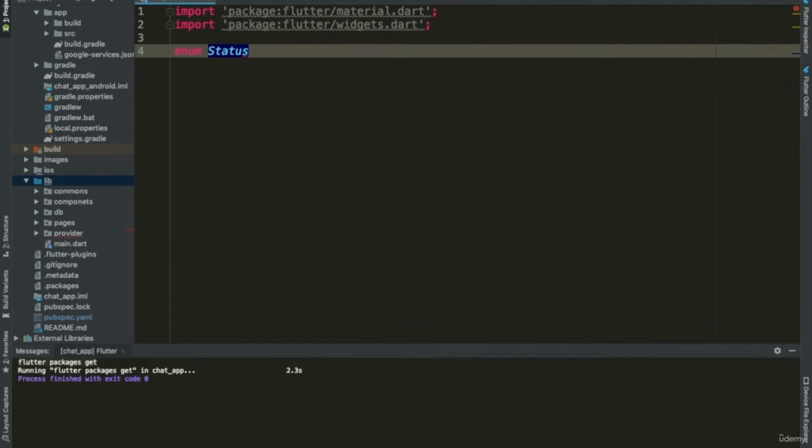Status. Okay, perfect. We are going to create different status for the user, and we can write here uninitialized,